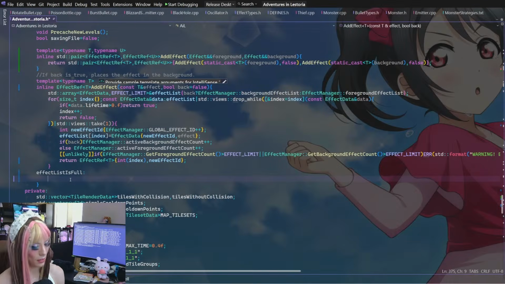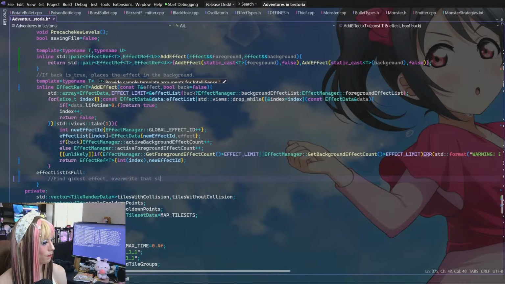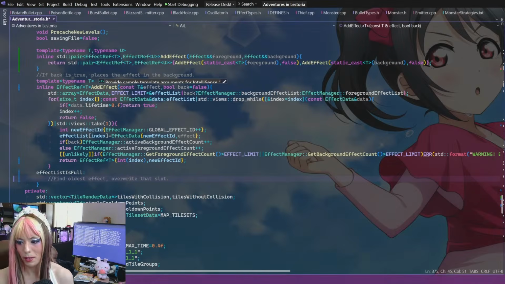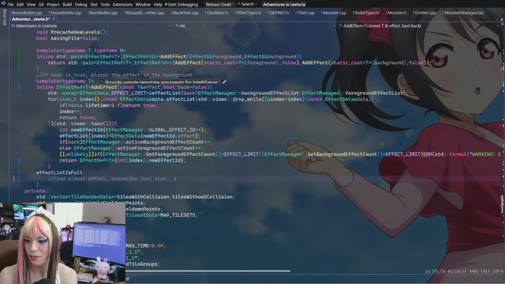And then do stuff from there. So the idea is find oldest effect, overwrite that slot.